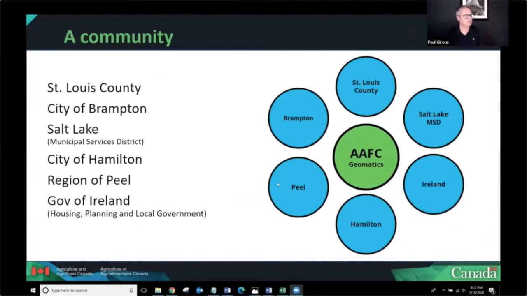It's St. Louis County, City of Brampton, Salt Lake Municipal Services District, City of Hamilton Region Appeal, Government of Ireland, and of course,